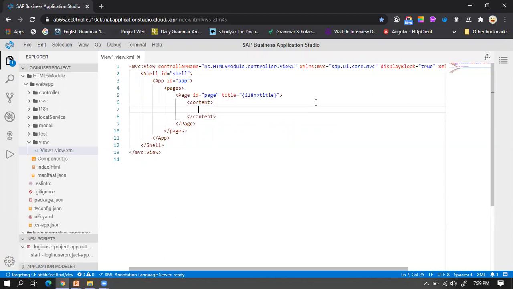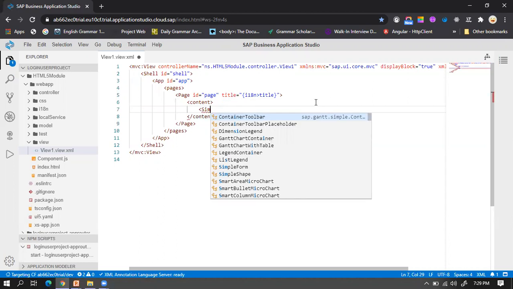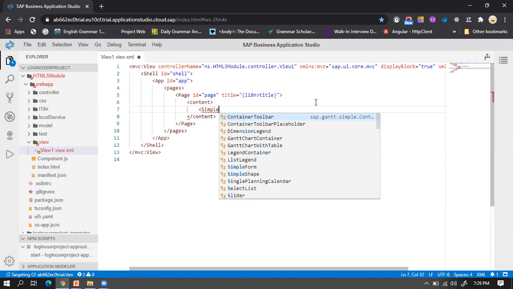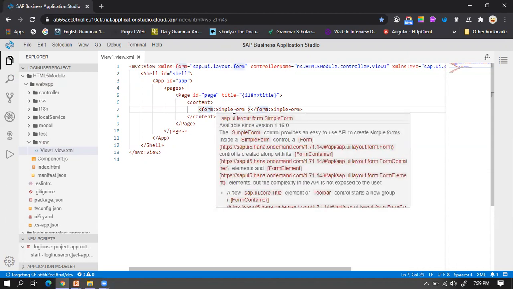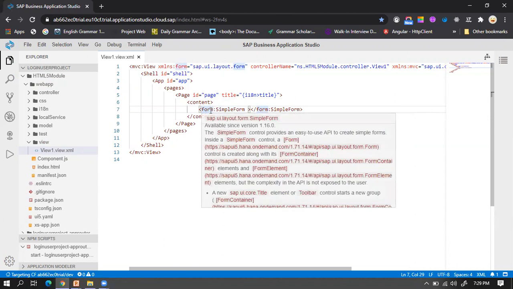For that we have the control SimpleForm. Let's select the SimpleForm. The SimpleForm is included in the library sap.ui.layout.form. So form is nothing but the alias name, which indicates that the SimpleForm is stored in the library form.